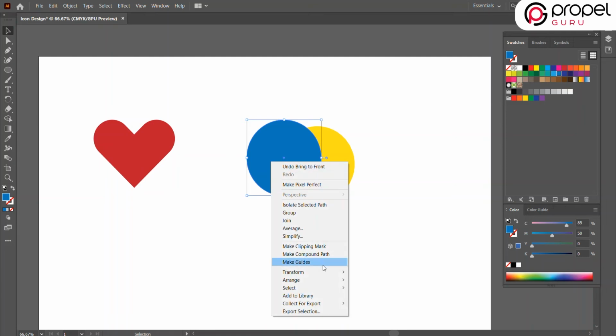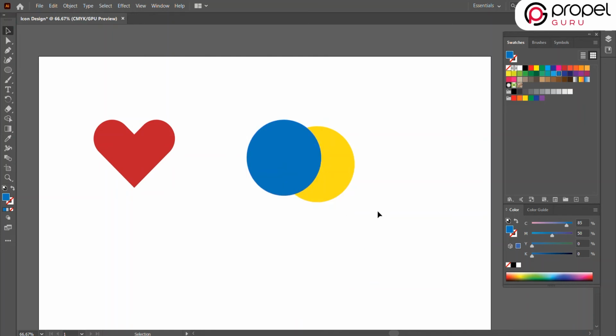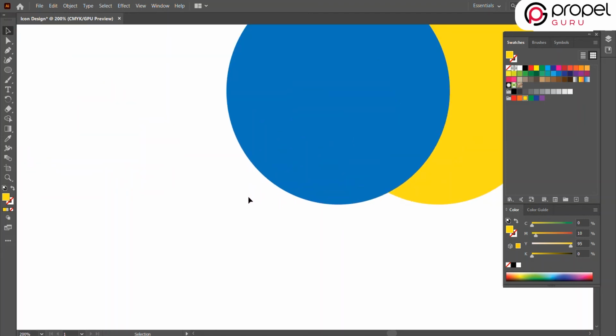The shortcut to this is Ctrl plus Shift plus right square bracket. Now we will take a pen tool. The shortcut is P and draw the desired shape.